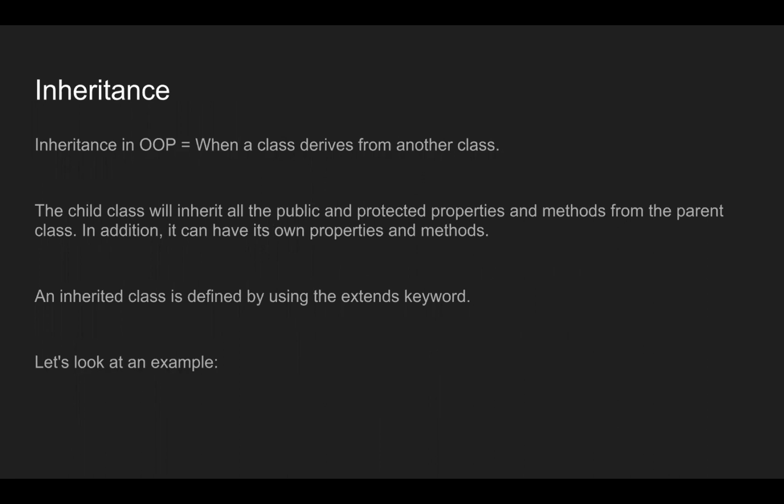Now, the next one we have on our bucket list is inheritance. So what is inheritance? Inheritance in OOP is when a class derives from another class. That is, the child class will inherit all the public and protected properties and methods from the parent class. In addition, it can have its own properties and methods. An inherited class is defined using the extends keyword. So let's